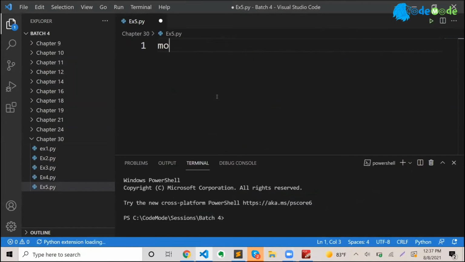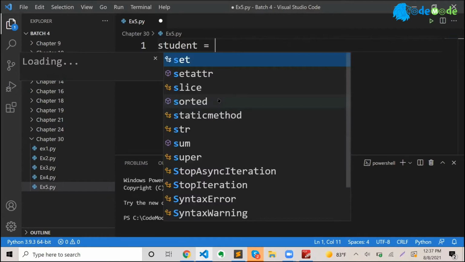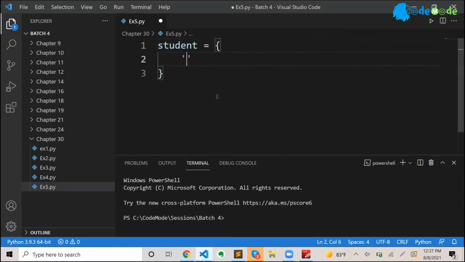Let's say Morse code. I don't know how many of you understand Morse code, but we'll define it. In fact, let me simplify it. I'll say same logic, same student equal to, and I can define and say first name,